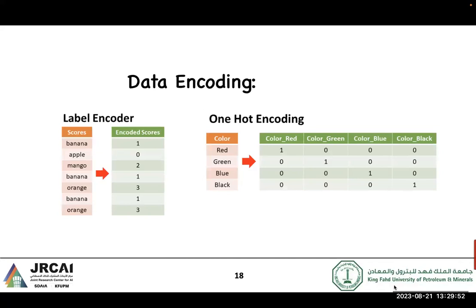After you clean the data, it is ready. We need to do another step, which is encoding, because a computer works only with numbers. You can't work with characters, so you have to do the encoding step. As you can see here, you have two types of encoding. The first one is just to give a label to each attribute, from 0 up to the number of observations. Another type is one-hot encoding, where you have to give each attribute a value, whether it is 0 or 1.